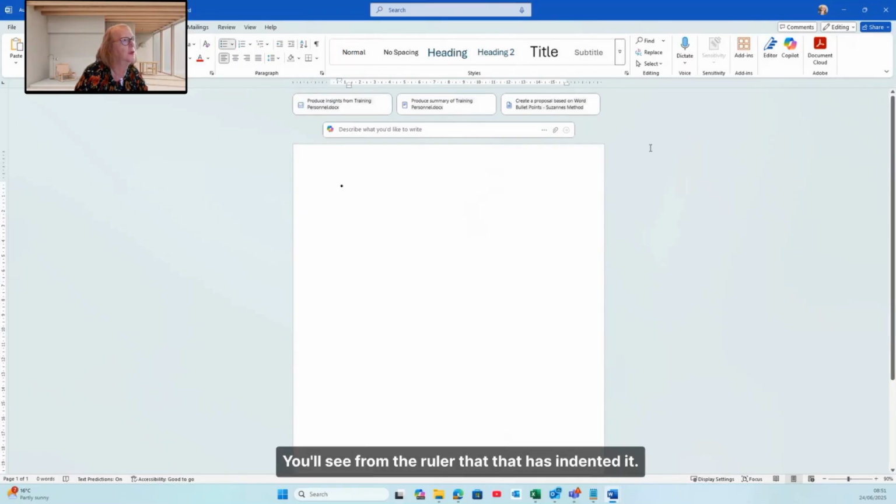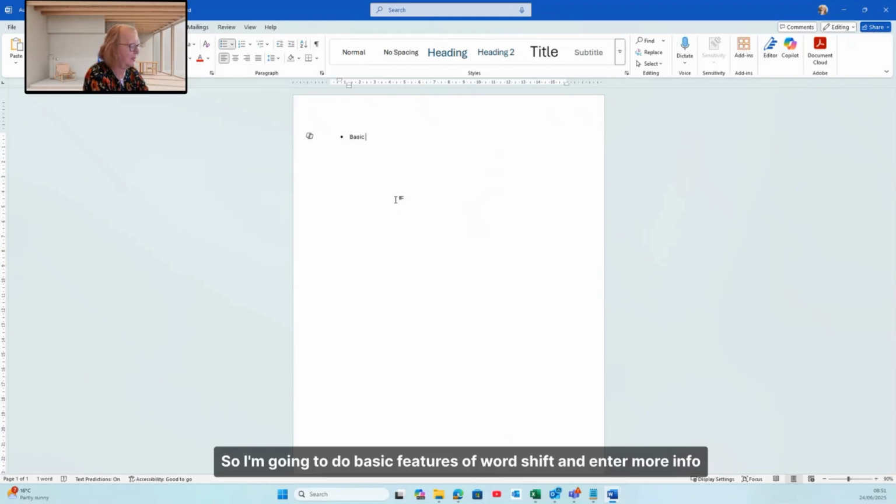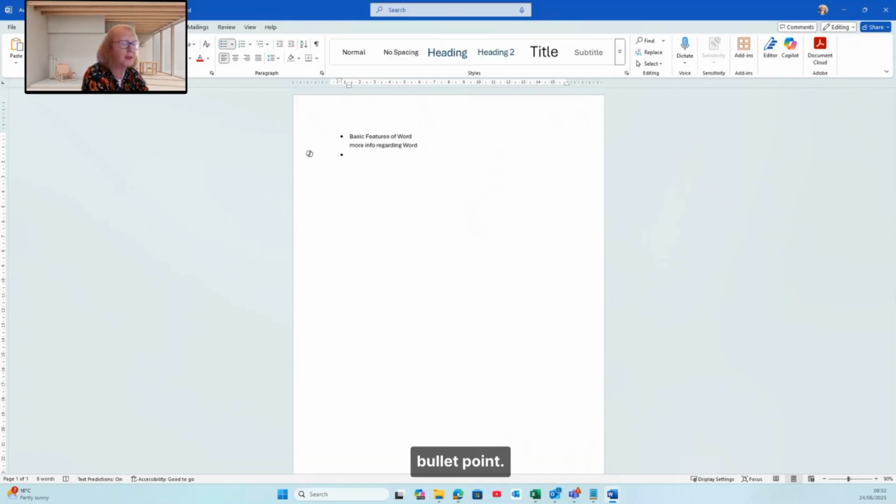You'll see from the ruler that it has indented it. So I'm going to do basic features of Word, shift and enter, more info regarding Word. Hold my shift down and it gives me another bullet point, and